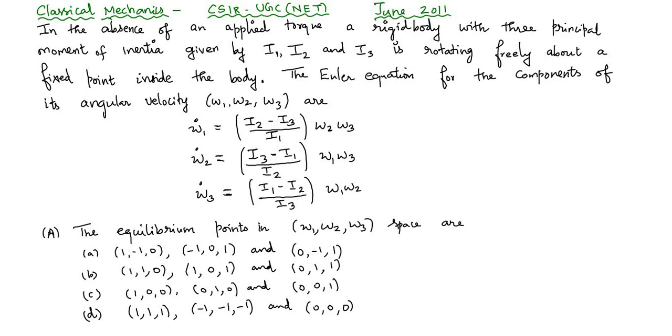The Euler equations for the components of its angular velocity are given: omega 1 dot, omega 2 dot and omega 3 dot. The first part of the question is: the equilibrium points in omega 1, omega 2, omega 3 space are. The solution to this problem is,